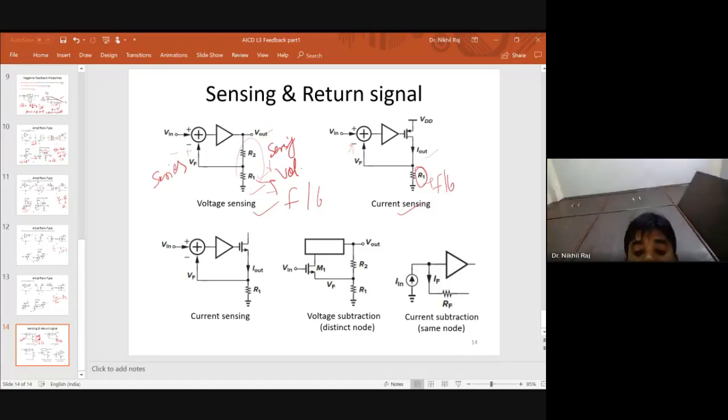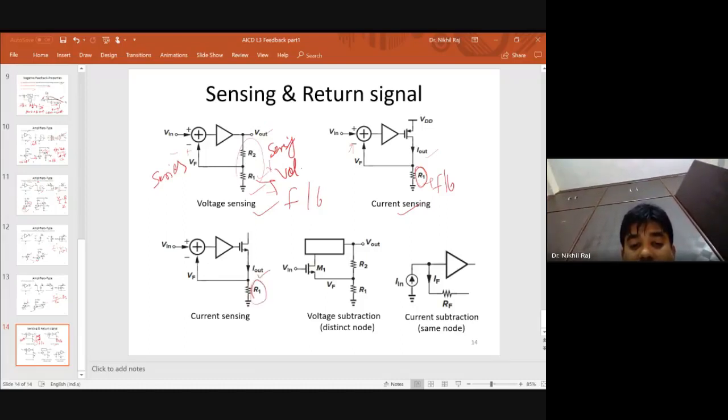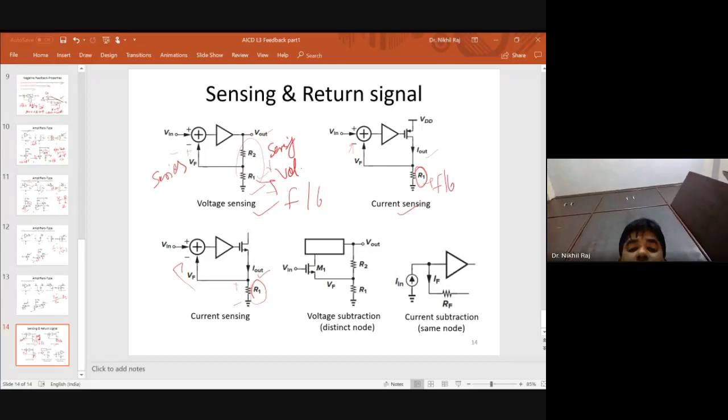Now in the third part, again the output current comes across R1, and whatever voltage is generated here is given back to the summer. So current is coming and voltage is given back at the input. In one way we can also say which type of amplifier it is. Here Iout is coming and the input is a voltage, so Iout by Vin is nothing but a transconductance amplifier. This, the first circuit, is your voltage amplifier.